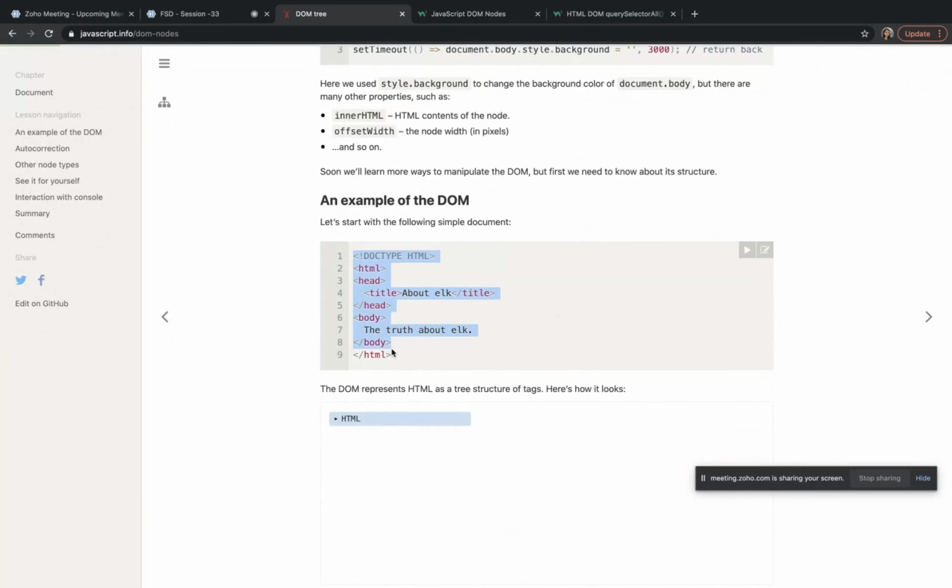So how is it stored? How are we seeing it? There is an HTML tag. Inside that there is a head tag. Inside the head there is a title tag.